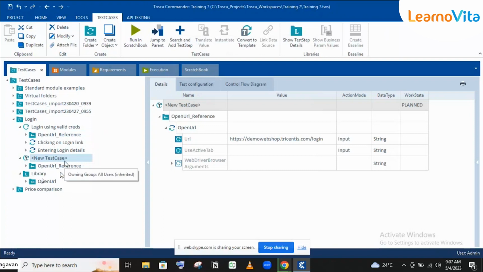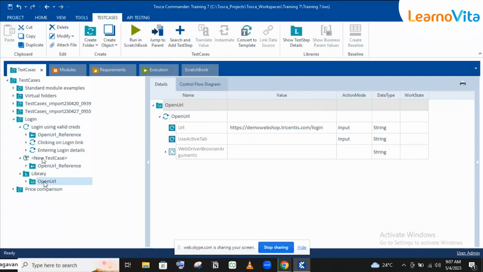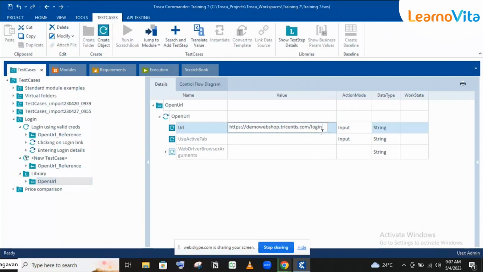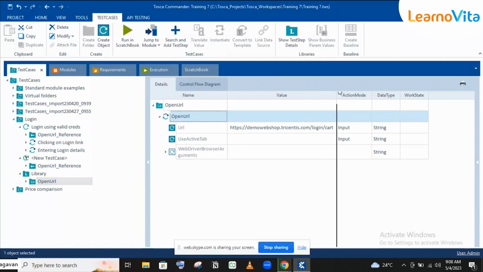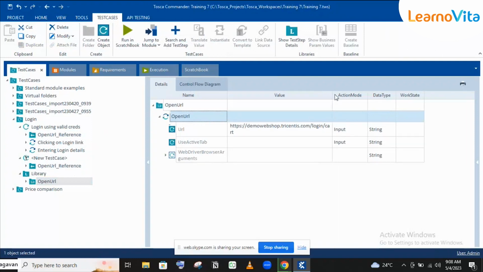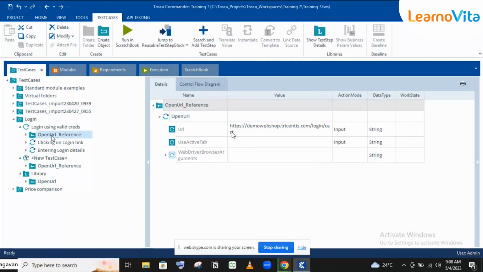One advantage is, we have open URL reference blocks in two test cases and there is some change in the URL. I can directly change it from the library. So for example, I'm adding .com login, for example, card. I want to change the URL to something else. There is some change in the reusable test step block. So I can directly change it from the library, and this change will be automatically reflected in other